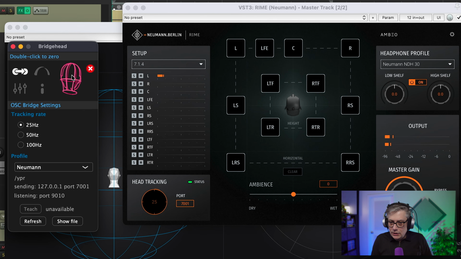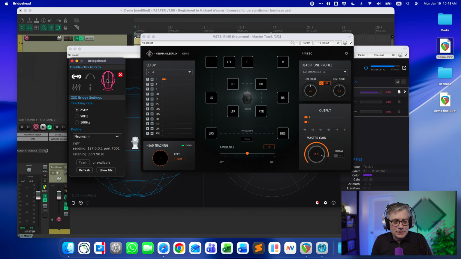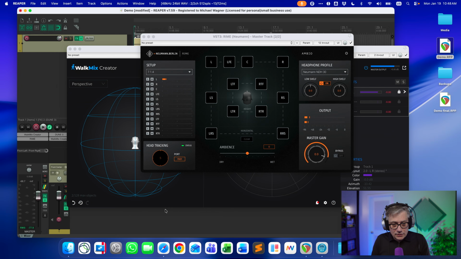So let me just click that again. Once again, a lot of interference here. At some point I need to figure out why that is. People tell me it shouldn't be, but for some reason there's something here that interferes with my head tracker. If I'm in front of my laptop somewhere else, it actually works almost perfectly. But here I have quite a bit of interference. So let's play the audio again, and then let's see how the head tracking works.